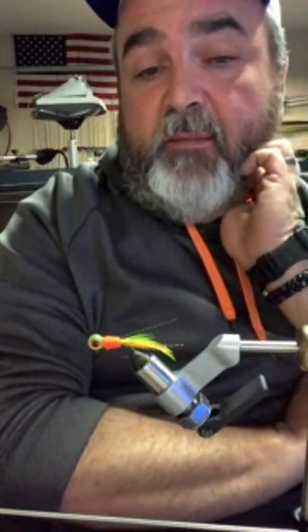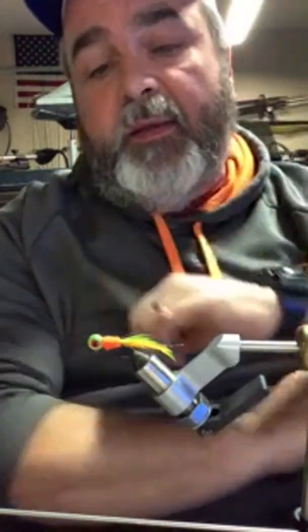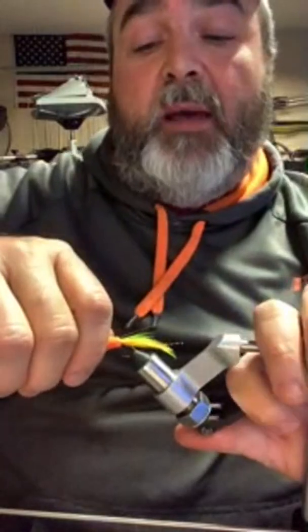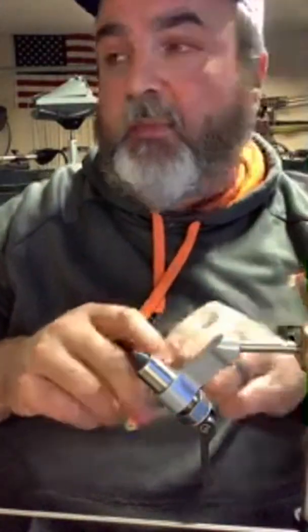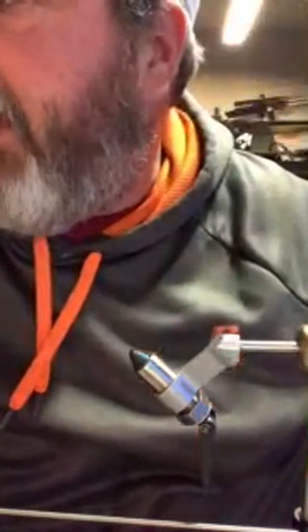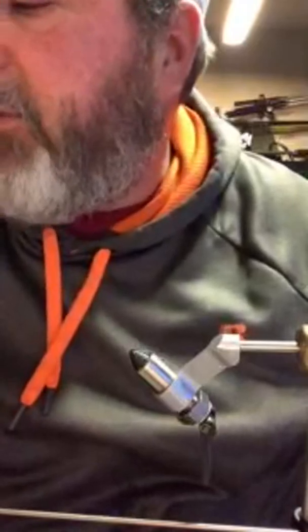That kind of keeps me in business tying jigs, is I'm more willing to tie up something that somebody else might not be willing to tie up. I try to keep the prices on all my jigs at the exact same. It might be changing, but